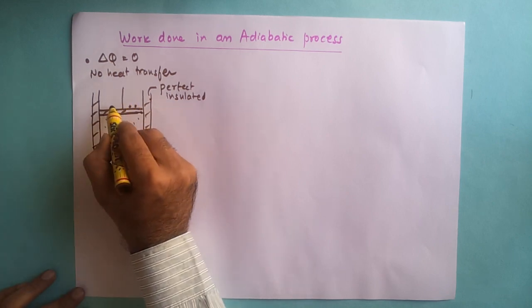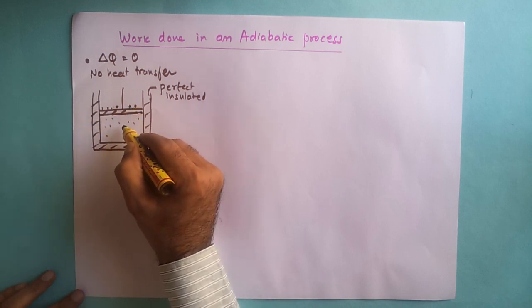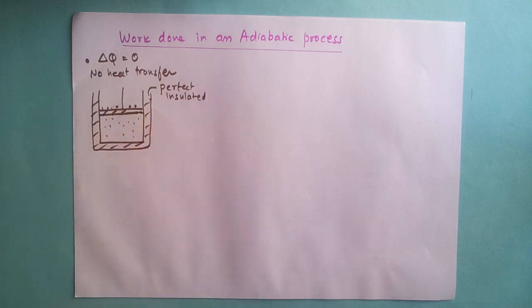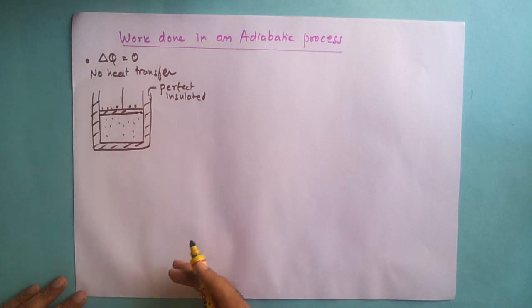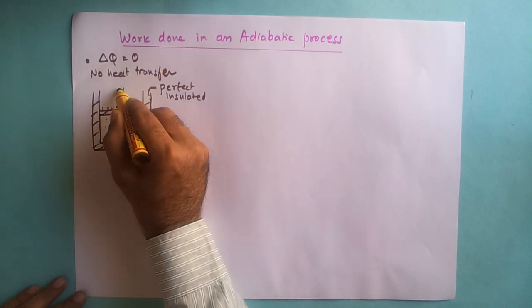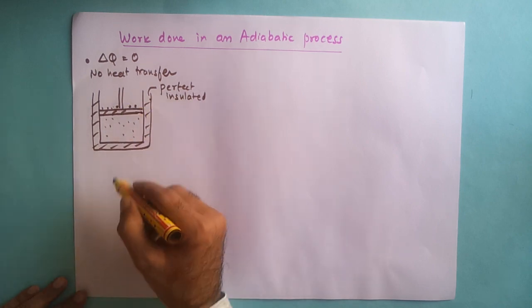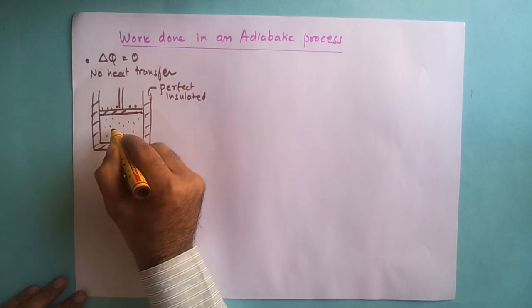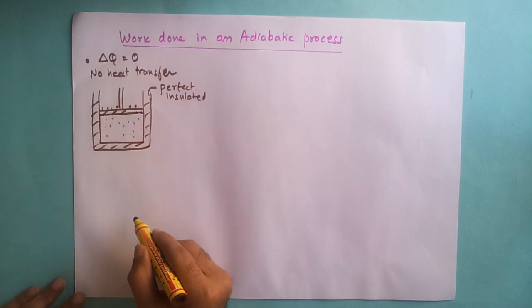Also, the change in volume, right? Let us say these are weights over here which are keeping this volume. What happens is when, let us say, we want to compress this gas. In isothermal process, we did that process extremely slowly because we wanted to give the heat an opportunity to leave the system so that temperature remained constant. In this case, we don't want the heat to leave the system. So what we will do is we will carry out compression at an extremely fast pace. That means we will push this piston down very fast. We will not do it in a very slow way. We will push it fast so that the heat that gets generated over here does not get an opportunity to go out of the system, and it increases the temperature over here, increases the heat content of the system.